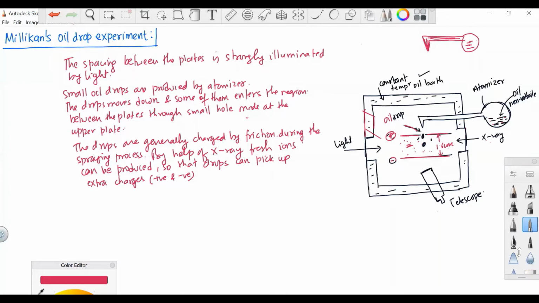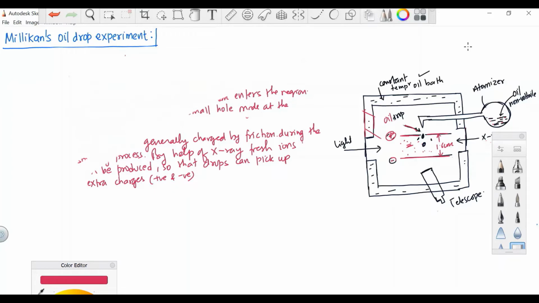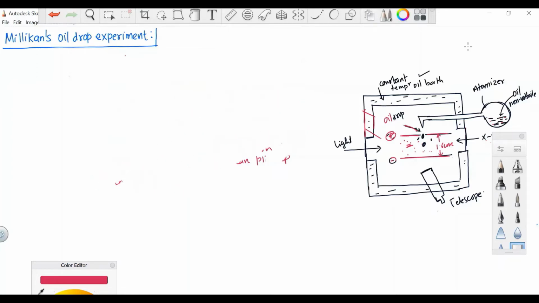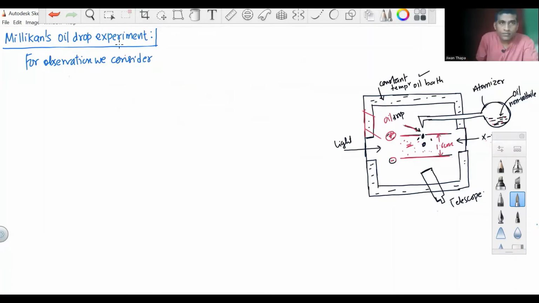So I'm writing, for observation, we consider negatively charged single oil drop and study its motion,